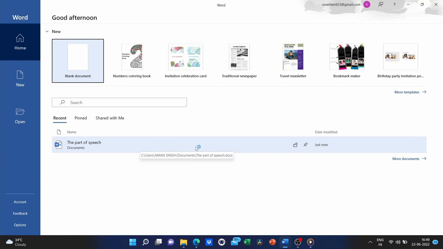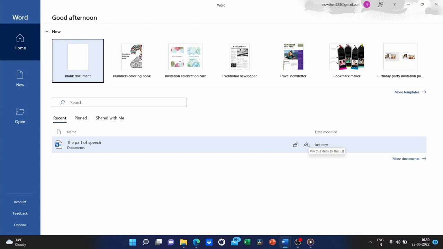Now, as I use this more and more on the computer, I'm going to end up with 20, 30, 50, and 100 documents. It might be nice, if this is a document that I'm going to keep working on a lot over the next few weeks, to try to get it to stay at the top of the list. Well, there's a way to do that.